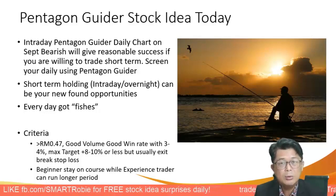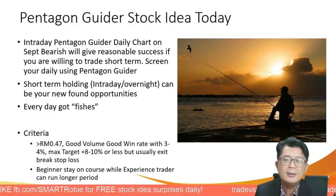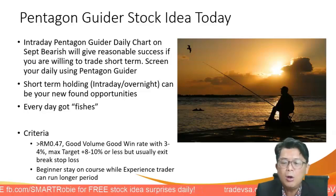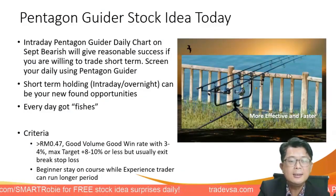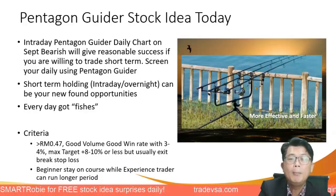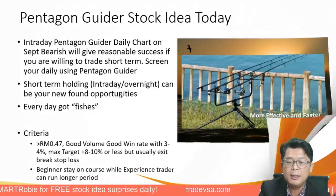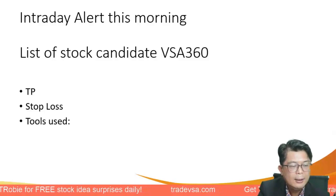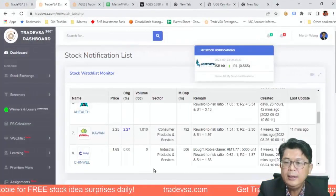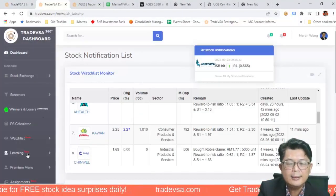with a stop loss. So you want to be exiting after 5 days. That's the most. Stay on course, while the experienced trader can run a bit more in here, and that is why it's very effective. Just like this fishing rod that you see up here, then you're maximizing, during this bearish market, able to get that. So let's take a look at some of the candidates that we have this morning here for the VSA 360